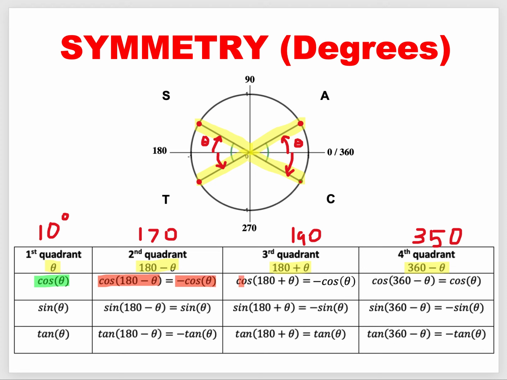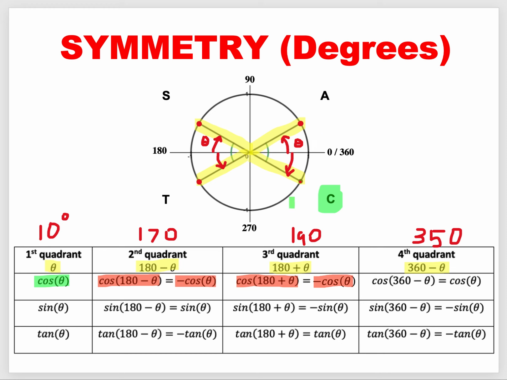Likewise, in the third quadrant, if we took cos of our third quadrant angle, cos of 180 plus theta, that will also be equal to negative cos theta, because we know that in the third quadrant, cosine is negative. And the reason that it's negative is because the cosine is coming from the x-axis. In the fourth quadrant, however, we know that cosine's positive, and it's written there on our little diagram here, because